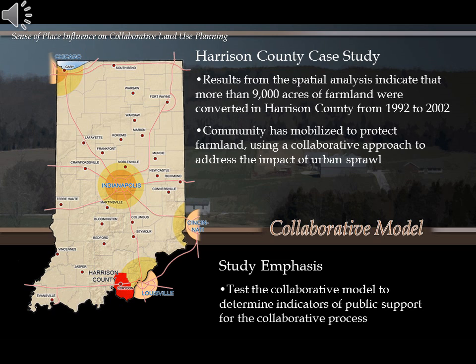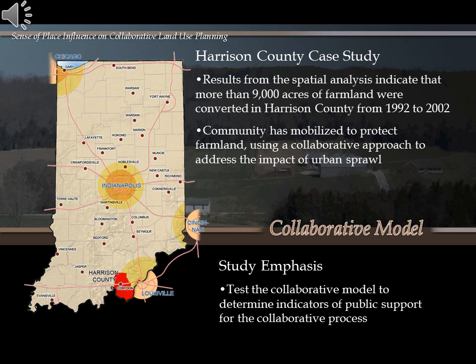So I've already started to introduce the study through the previous slides, but I just want to go ahead and give you some geographic context for where this study area is. So Harrison County is the red county at the very southern part of Indiana, right along the Ohio River. It's a beautiful rural county. Corydon, the county seat, is a very small community, but at one point in time, and again this goes back to Indiana's settlement, this was the first territory capital for the state of Indiana, or what ultimately became the state of Indiana.